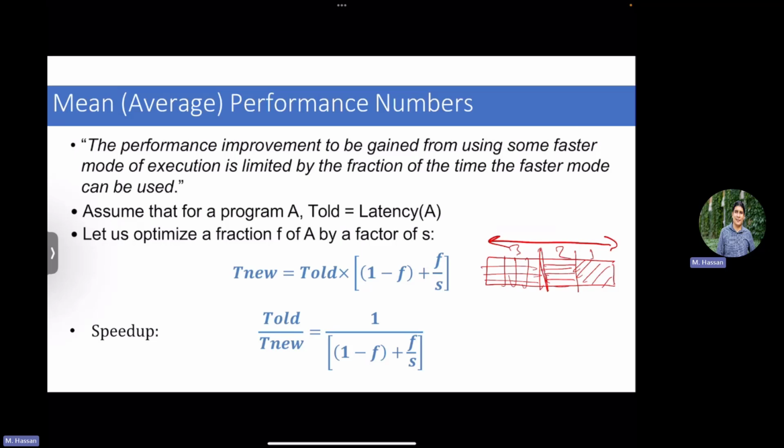In this case, let's say type 3 is the half, right? So this is type 3. My decision will be based on this rule of thumb: make the common case fast. I will try to accelerate type 3 of instructions. Now, assume type 3